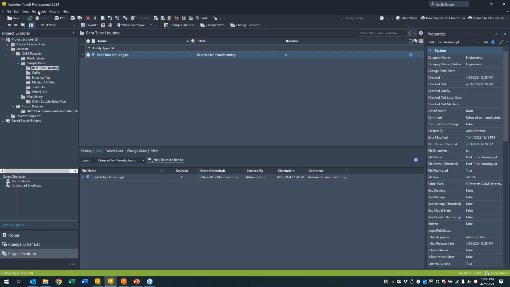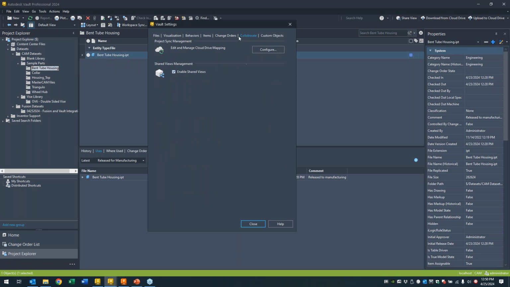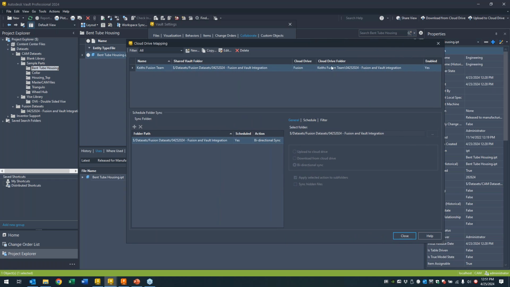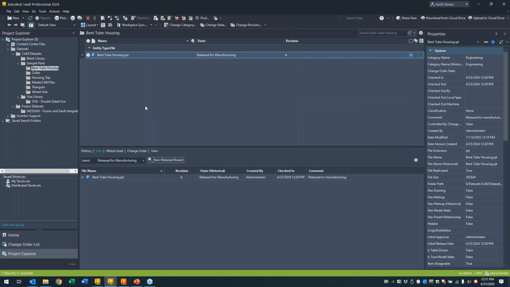The way this tool works is an administrator needs to first go in and define that collaboration location. Within this space, we specify, okay, this is the Fusion team that I'm working with, this is the data that I want to integrate to it, and this is where the file is in my Vault. So in this case, this specific location is being synchronized to my cloud. And if I go look at that folder,